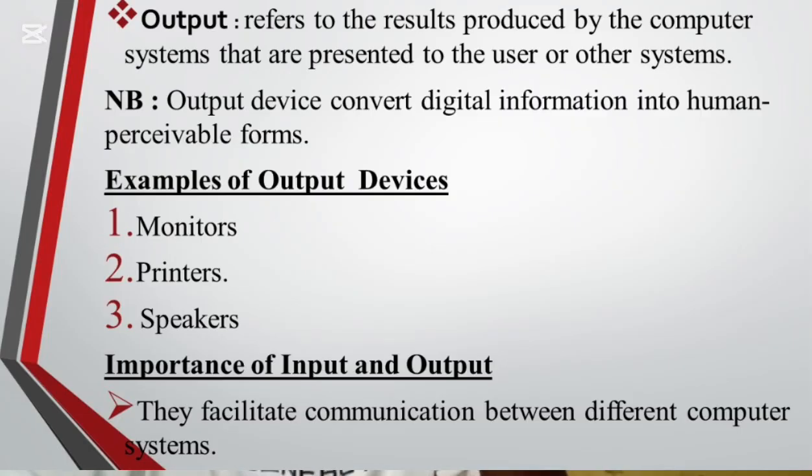And these output and input devices are very important because they are fundamental concepts in computer systems that enable communication between the external environment and the world. They are also essential because they serve as a bridge between humans and computers. We will continue to look into details by explaining the output and the input one by one